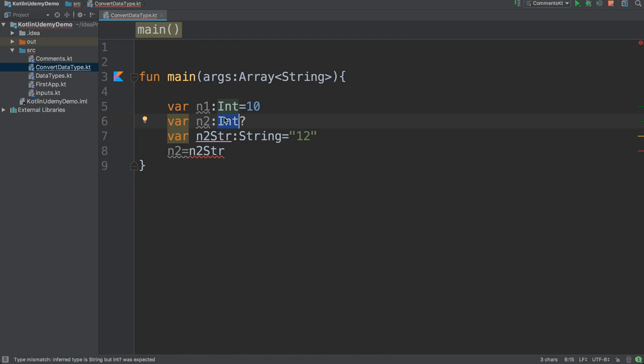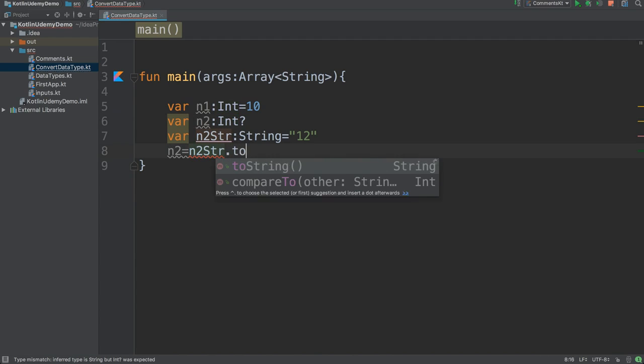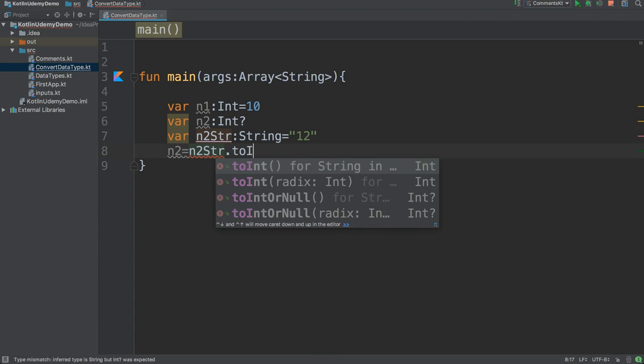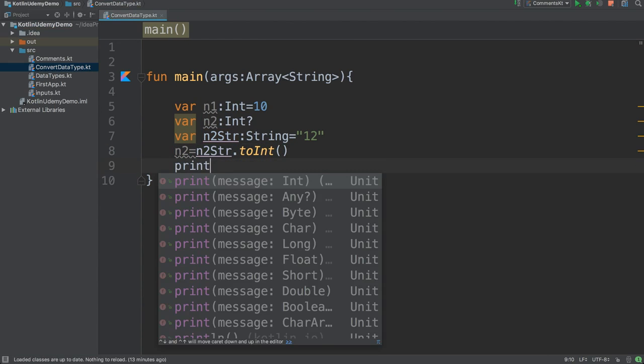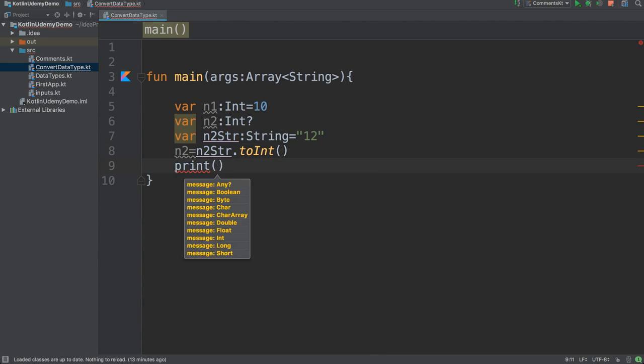But wait, could I add now? Yes, I could. If this is a string variable, I want to convert it: I just say dot to, then I select integer. That means, hey, take this variable which is a string, convert it to integer and add it here. Now if you just print, that's totally fine. I could print n2, n1